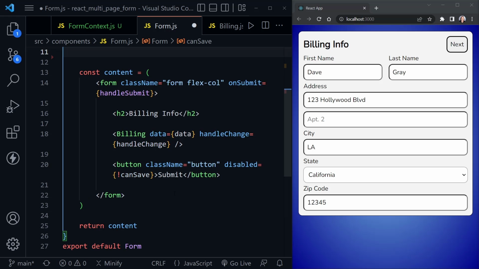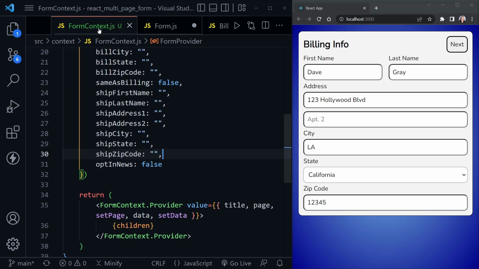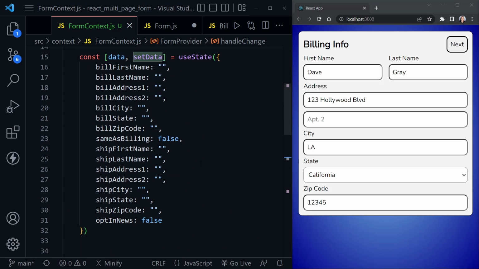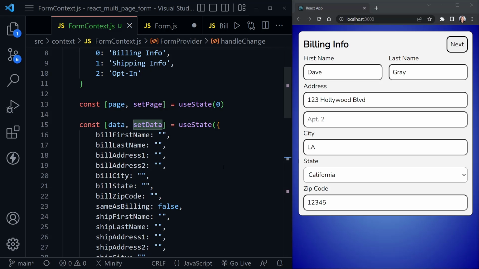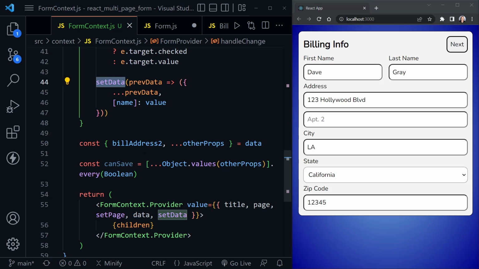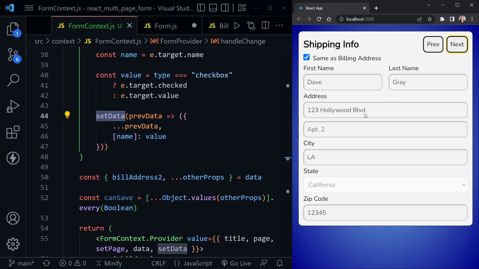And we will Control X to cut all of those out of our form.js, and we can put them inside of the context. And now our handle change function will stay the way it is. It references set data that we have up here inside of the same context, so that is fine. The destructuring now, we have more properties in our state object than just the billing address two that is not required. So we also have a ship address two that is not required,